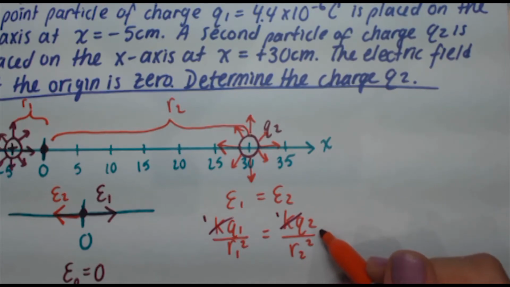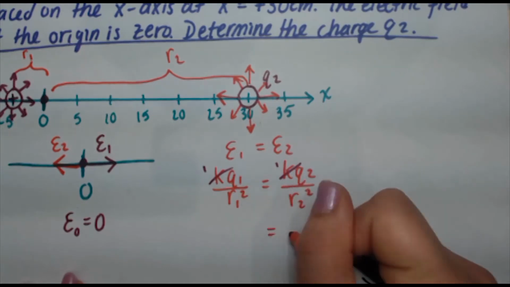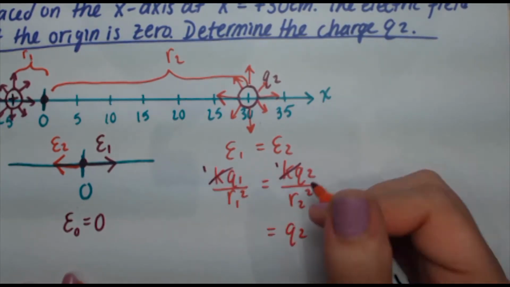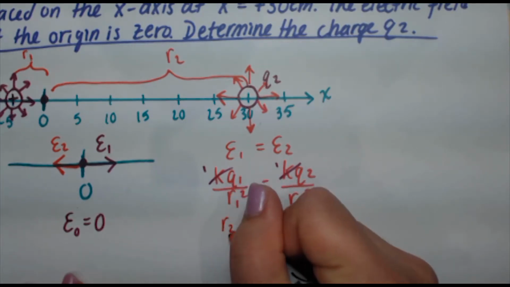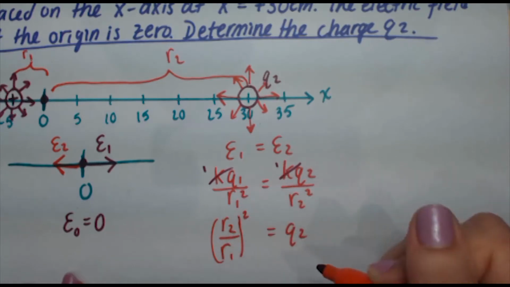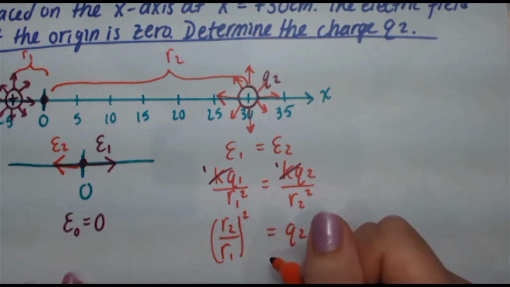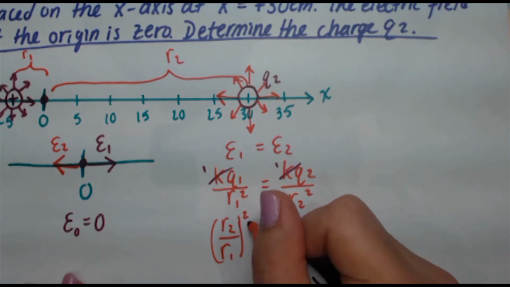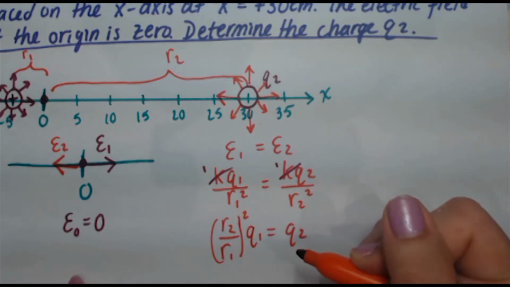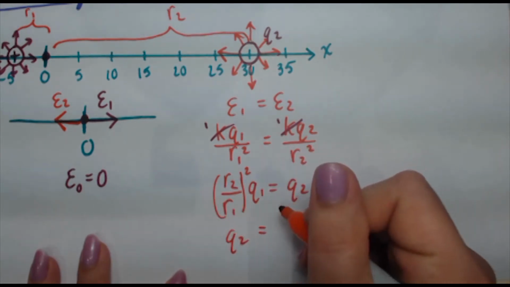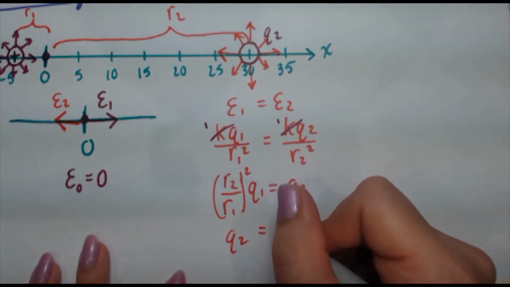We're going to multiply both sides of this expression by R2 squared. Okay, so Q2 equals, now if I do R2 squared over R1 squared, I can simply write that as R2 over R1 all squared, because I know that the square goes into both terms. Okay, so Q2 is R2 over R1 squared times Q1. So plug in your values. So Q2, I'm just going to switch slides here. Q2 is equal to R2